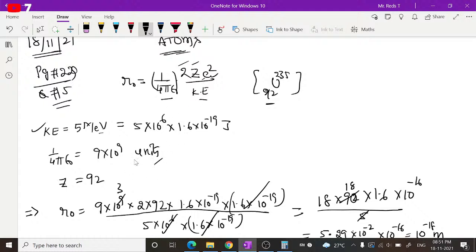Z is 92, kinetic energy is 5 MeV. 1.6 into 10 power minus 19, and 1.6 into 10 power minus 19 into 10 power 3 only. 9 into